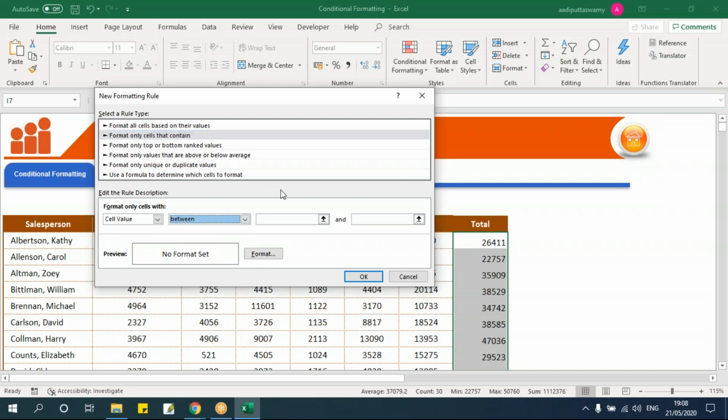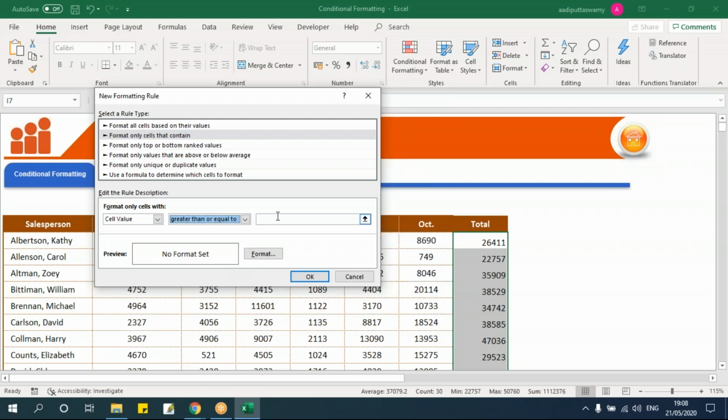My requirement is the value, if it is 40,000 and above, should be highlighted. So I'll select the option greater than or equal to 40,000. I'll put this 40,000 here.